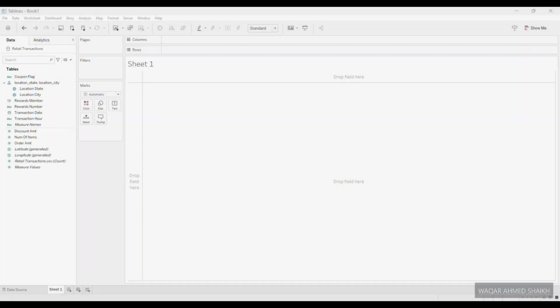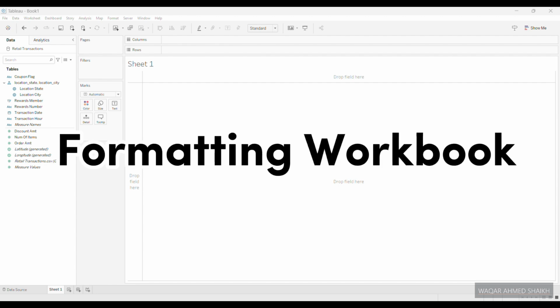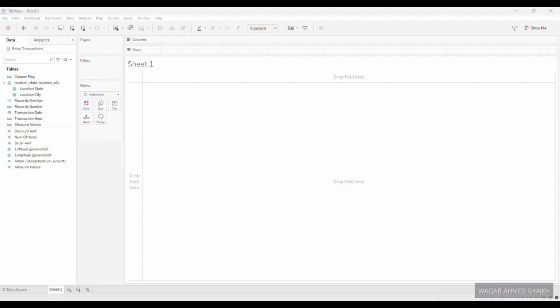Welcome back. Now that we have a clear understanding of our data and the layout of the dashboard, it's time to start refining the workbook. We want to ensure that everything looks polished and professional right from the beginning. First, let's change the font to something that is not only readable but also aligns with the professional look we want to achieve. In this dashboard, I use the Tableau Medium font, which has a clean, modern appearance that complements our design. Alongside this, we are removing any unnecessary grid lines, giving the visuals a more seamless and less cluttered